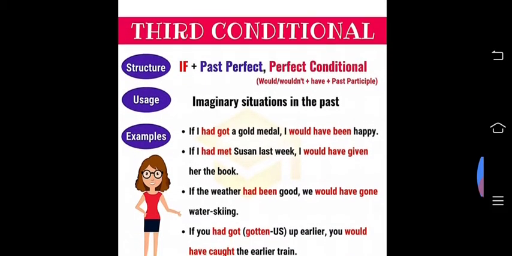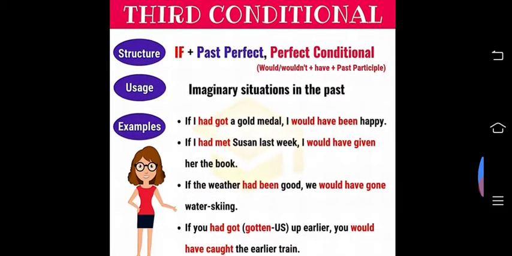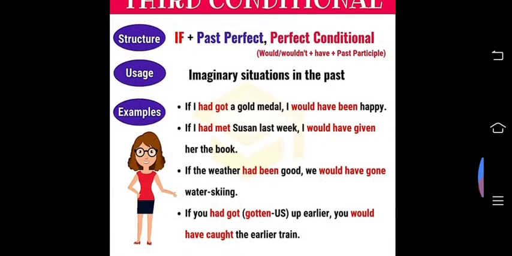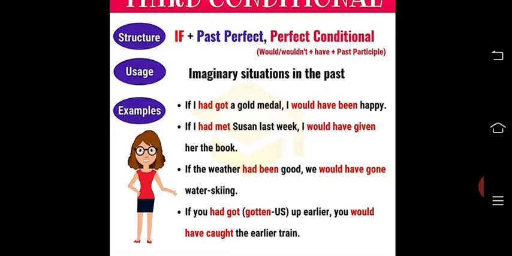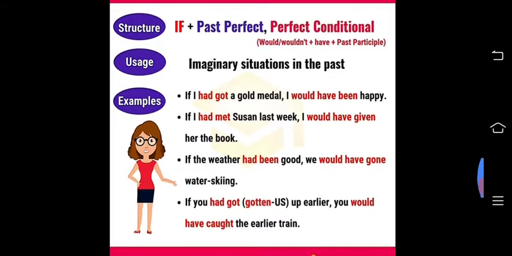Got it? And then third conditional. Past perfect to present perfect conditional. Imagine situations in the past. Okay, impossible thing. Okay, that means it's not completed. Okay, unfulfilled. We can say unfulfilled things. Okay, if I had got a gold